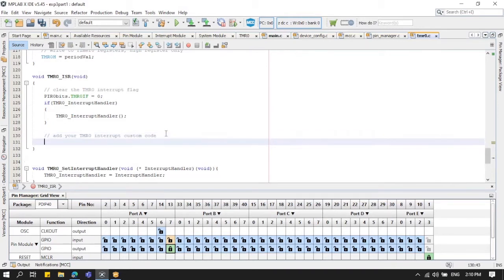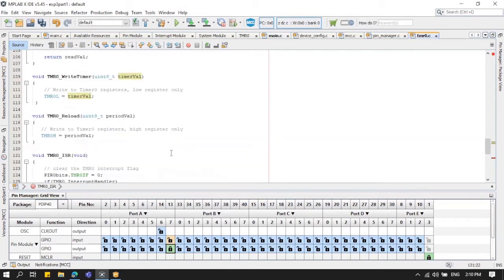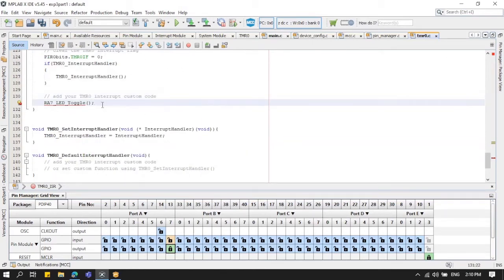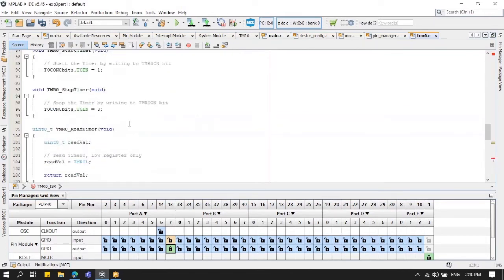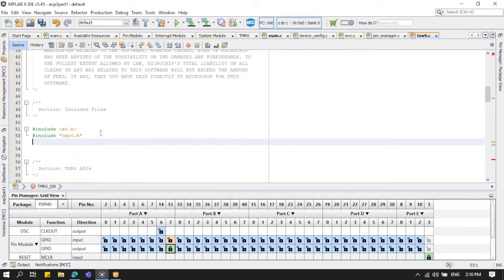We're just going to add our pin here, the LED RA7 underscore LED toggle, so that's what will light up. And then also it's important to add, here we're going to include the mcc.h file. So include mcc.h,